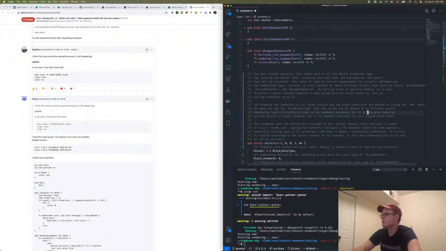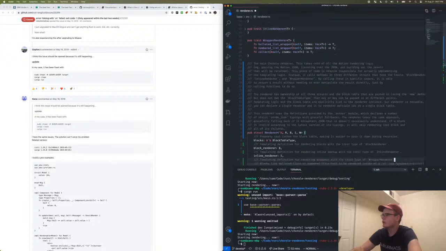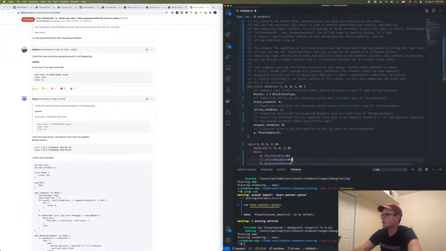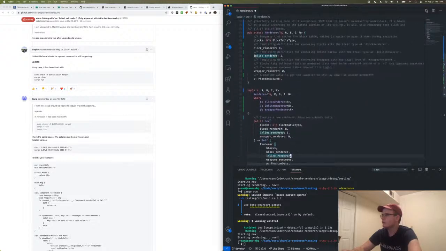Templating logic and the block table are explicitly tied to the render instance, but the render is reusable. Okay, cool. So let's go down here, and it creates new render, requires a block table,